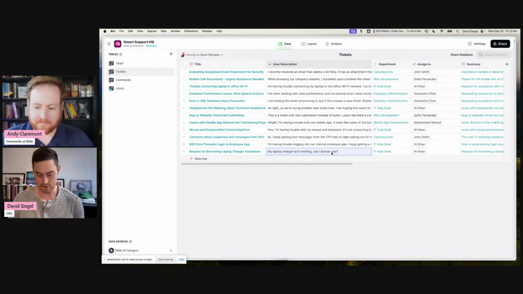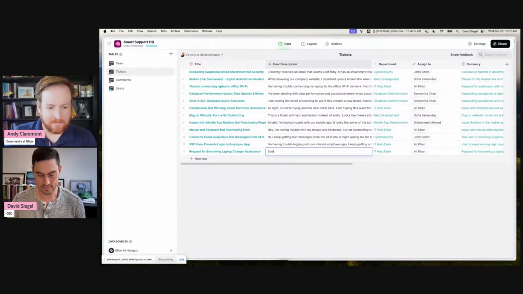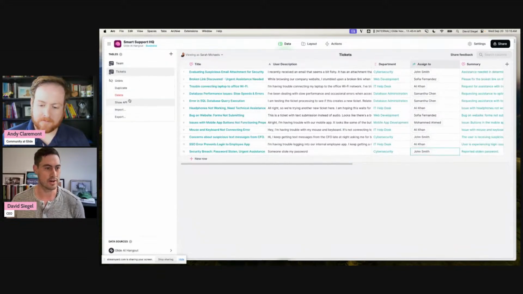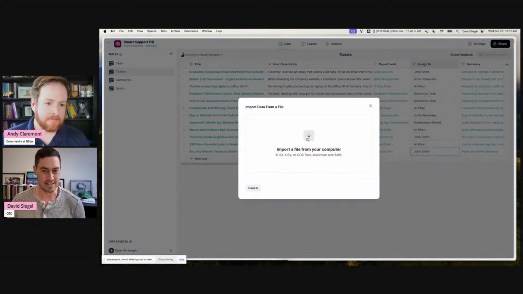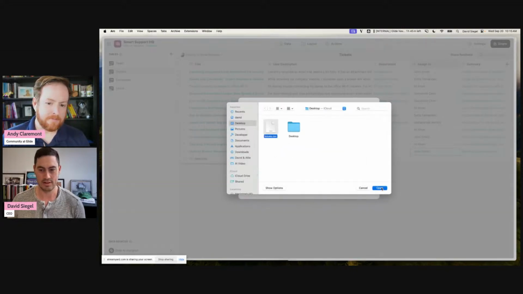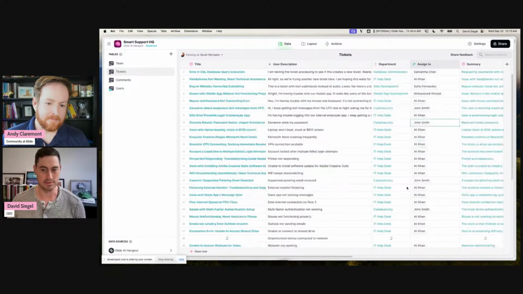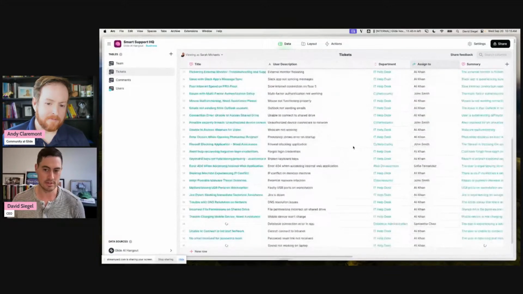And if this changes to someone stole my password, the categorization, the summarization, and the assignment is going to change instantly. And then if for some reason we get inundated in our system with 50 more issues, the system is going to be able to immediately summarize, categorize, and assign them to people.